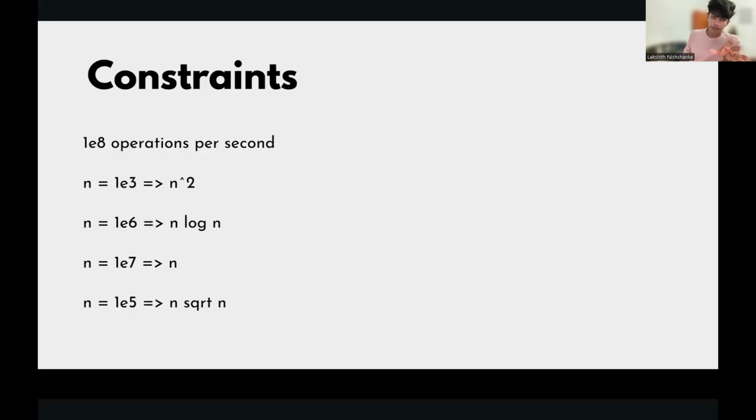If the input size is 10 to the power 6, that means the length is a million, and they may be accepting a solution with n log n complexity. If the input size is 10 to the power 7, they are probably expecting a linear time solution. Linear is just n, n squared means quadratic, and n cubed means cubic.